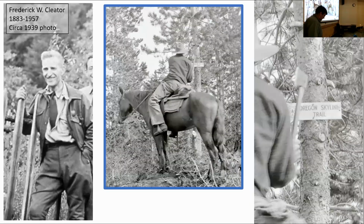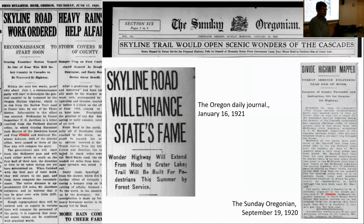Well, it took quite a bit of work, but I figured out where that photo in Hodge came from. It was a United States Forest Service photo. It was taken by Frederick W. Cleater, who was a recreational planner for the Forest Service, and it was taken in the summer of 1920. And during that summer, what Cleater was doing was surveying a route for what he called the Oregon Skyline Trail. He was surveying it and signposting it, and over the course of this survey, which extended basically from early July to early October, summer 1920, he took about 700 photographs, and